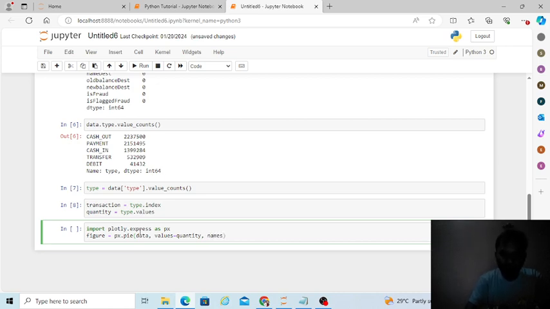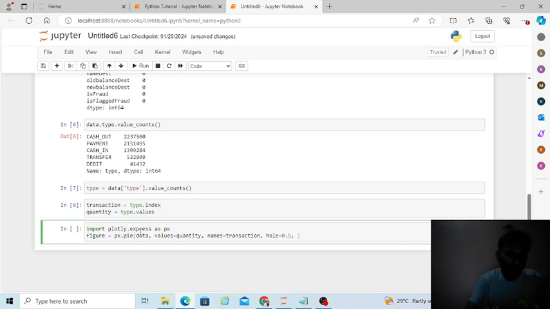What are the names of the quantity of which we want to plot a pie chart? So transactions, comma, size of the hole, that is 0.5,